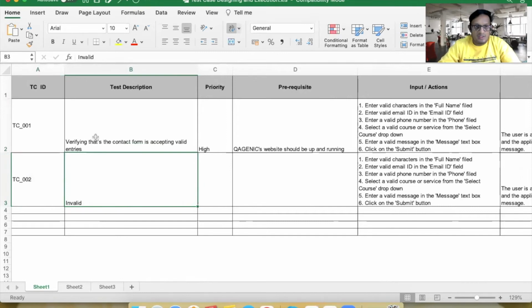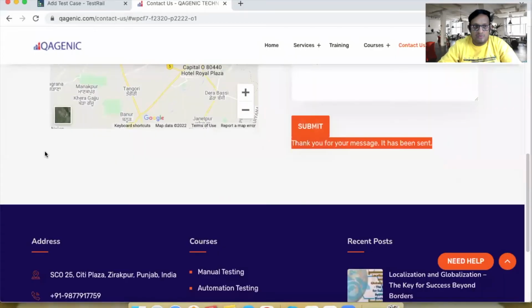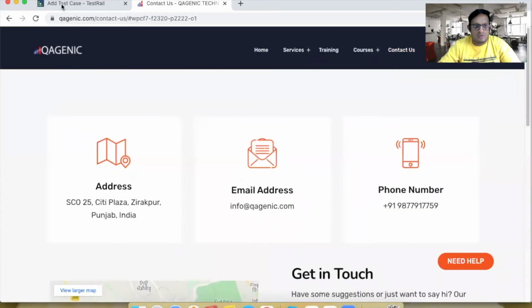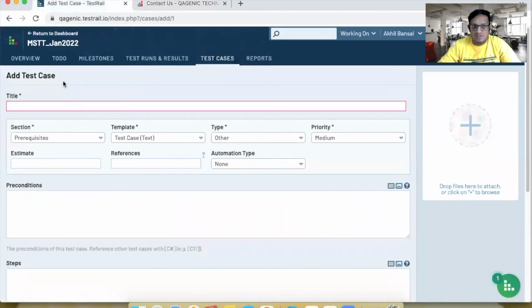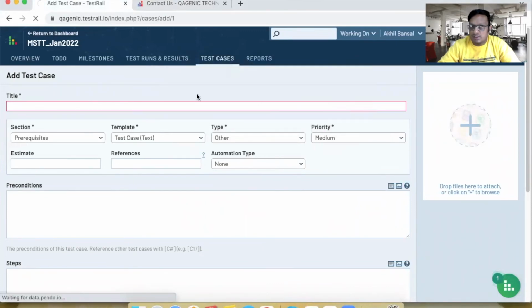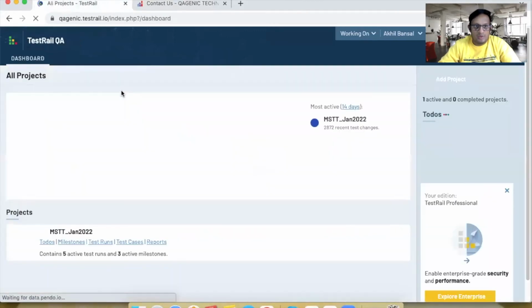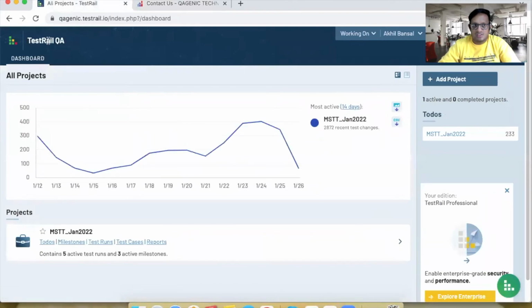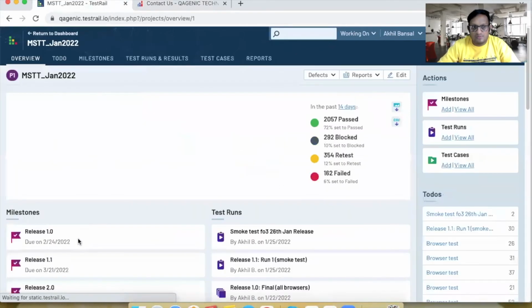And now let's also look at another way of writing your test cases, which is through a test case management tool. So let me quickly go back to the dashboard of this particular tool, which is known as TestRail. This is a test case management tool. And here I have created one project, which is known as MSTT Jan 2022. And when I click on this particular project,